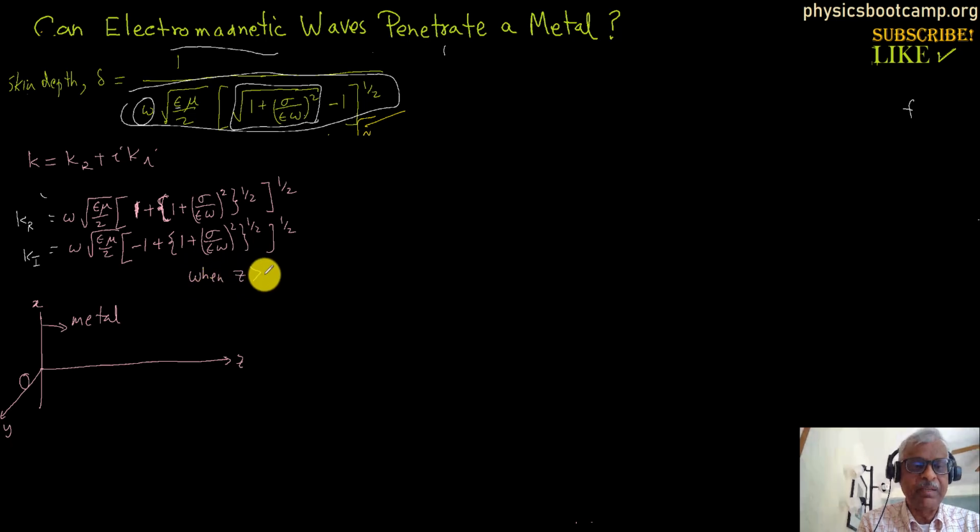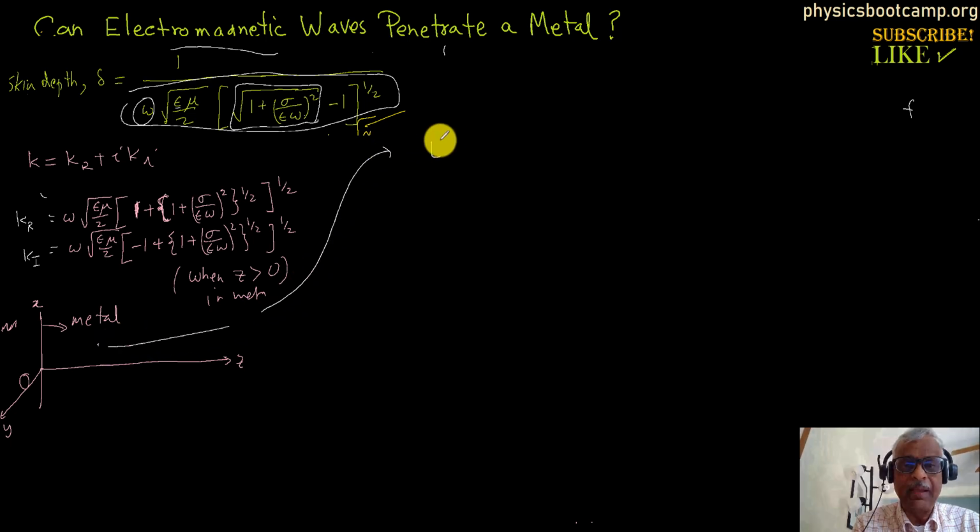So first, note that this is for when z is greater than 0, which is in the metal. This is not the case when it's over here. It's only in this area, in this volume. So in this volume, at any point we have the electric field E(x, y, z, t), which actually only depends on z and t,